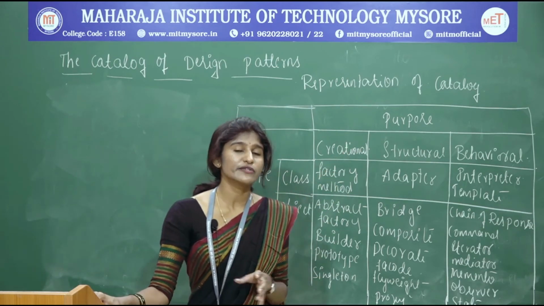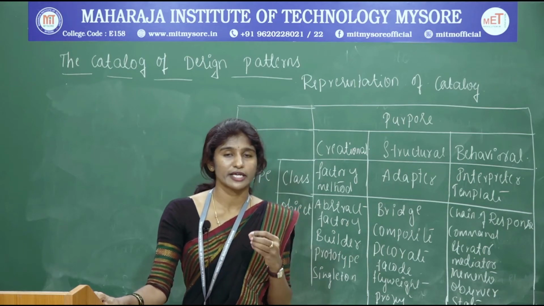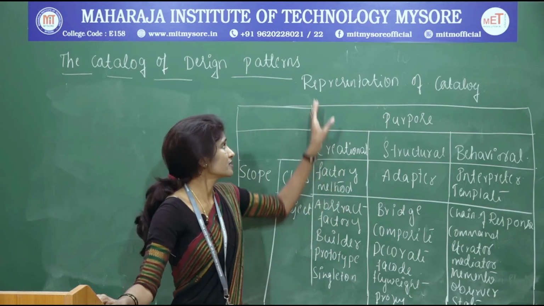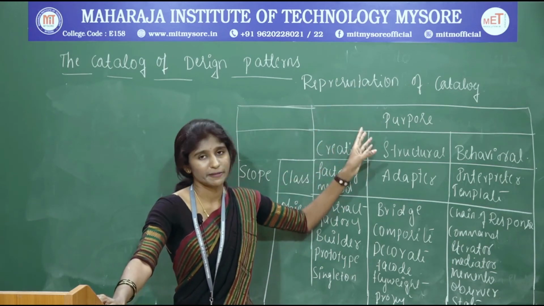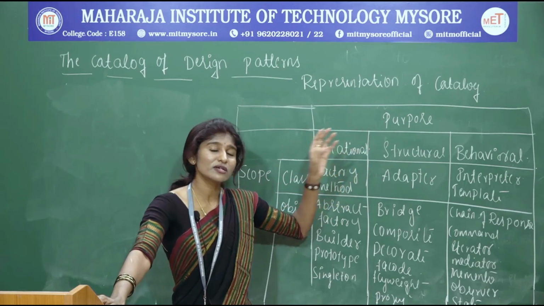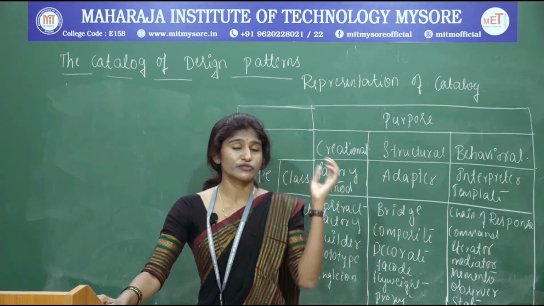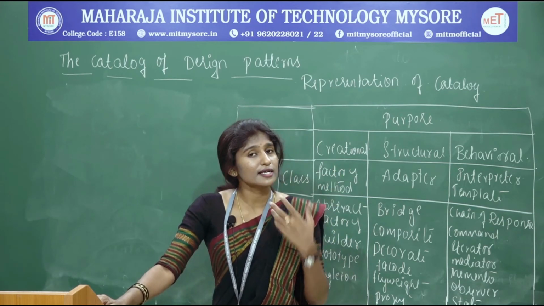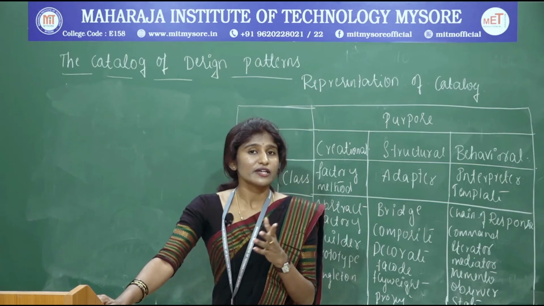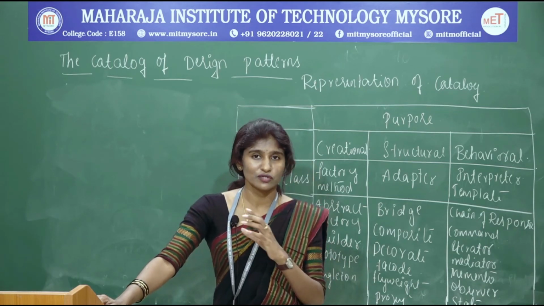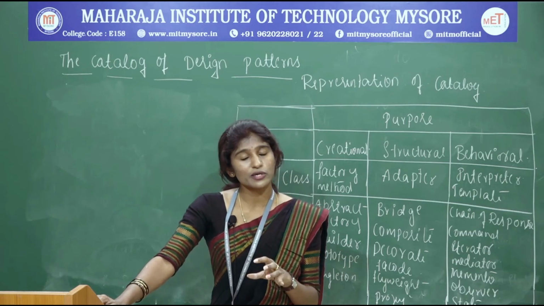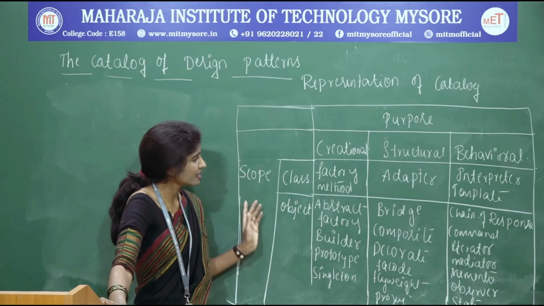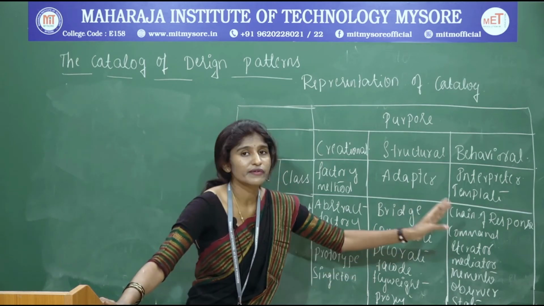We have seen all the 23 design patterns. One by one I have given the definitions. Now, how to categorize them? You can also call this the categories of design patterns. I cannot remember all the design patterns, 1 to 23. I cannot recall all of them. But if I categorize them into different categories, and keep a main heading for them based on their activity, it is very useful to remember, right? In that situation he has taken the design patterns into different categories.